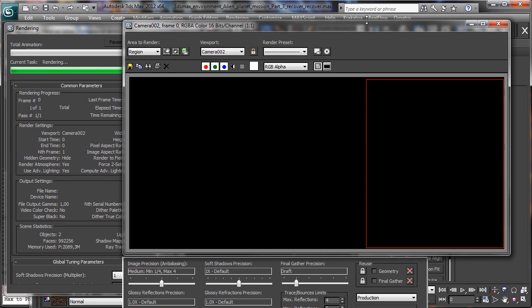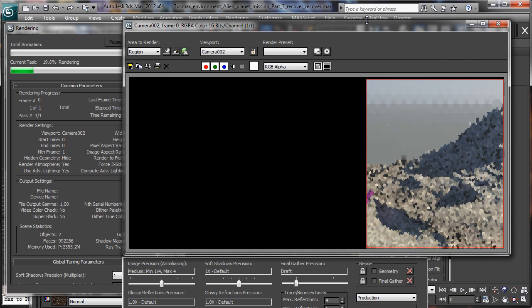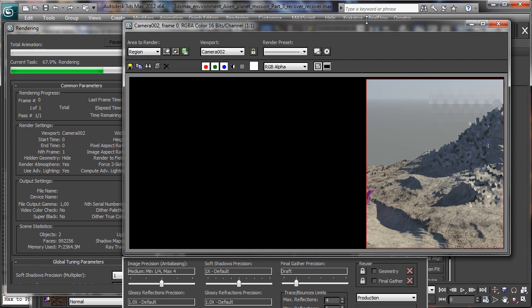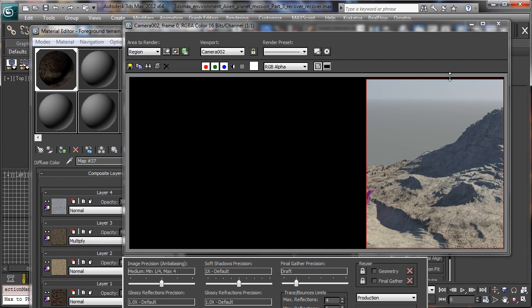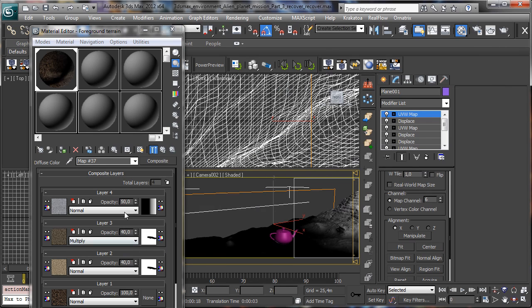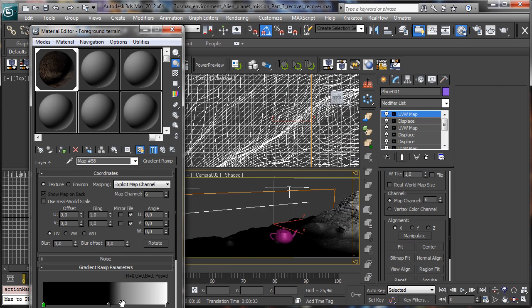Obviously it must be tweaked and fixed. That is just to have some differences over the high side of the ground. Okay, we see the differences there,